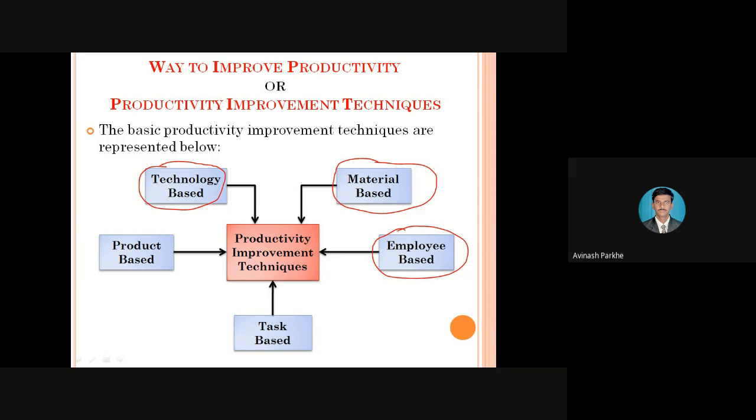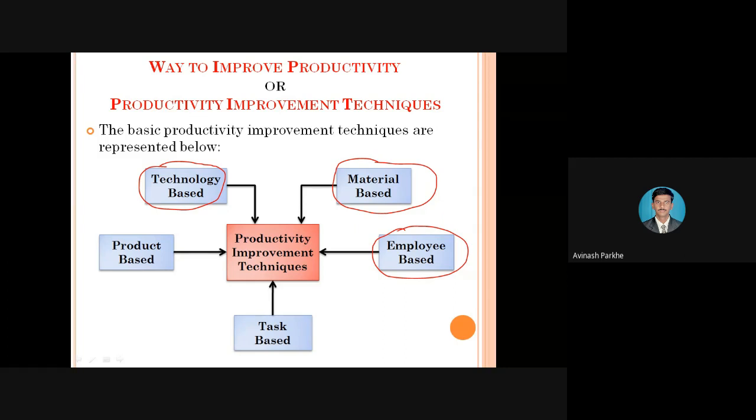Personal development means that workers are upgrading their knowledge. Initially, some of the workers are handling the machines, but maybe some other workers can do courses in CAD or ANSYS, so they can upgrade their knowledge. Due to that upgradation, we have to provide such schemes in the employee based techniques. So the overall personal development of that particular worker or employee also takes place.